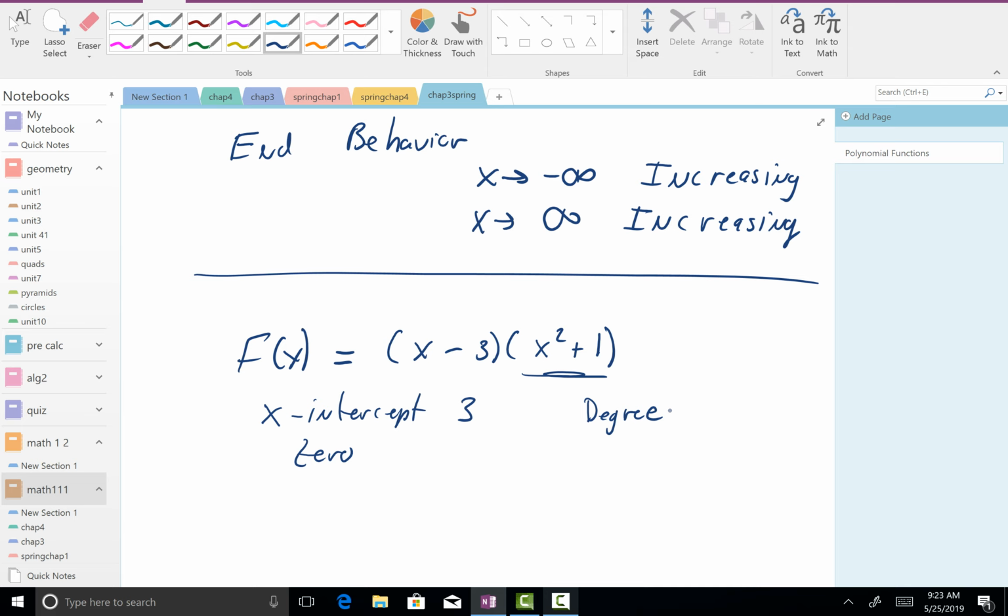Okay, so here's what I got. All right, so third degree, going to make it n, okay? X-intercept at 3, makes sense. I don't have any other x-intercepts. The reason for that is because, if we think about this a little bit,